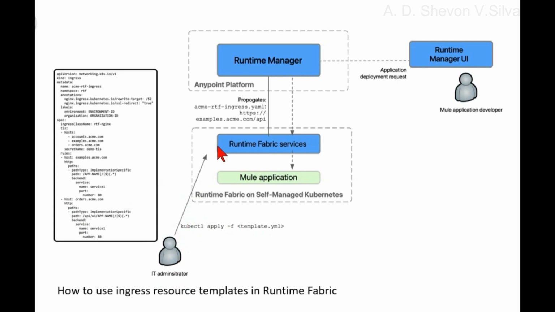Runtime Fabric services and Mule applications are inside the Runtime Fabric on self-managed Kubernetes. Here the Runtime Fabric services is connected to the Mule application. Here the Runtime Fabric services interacts with Runtime Manager in Anypoint Platform, which propagates